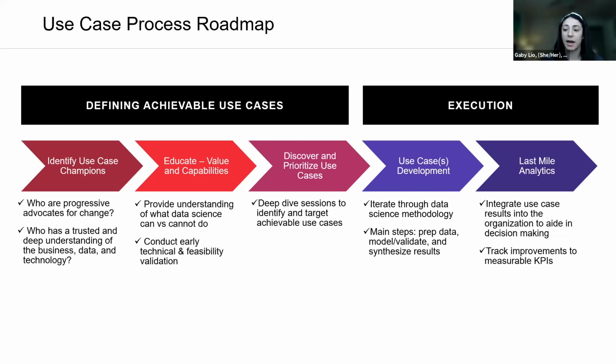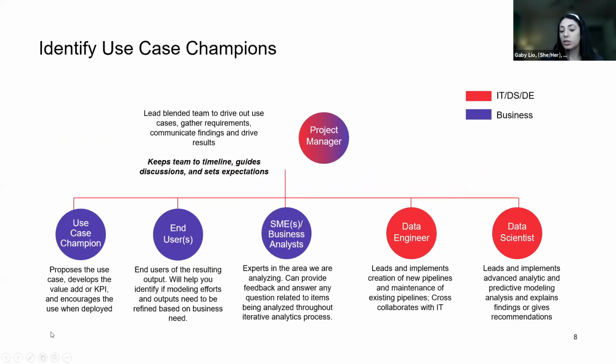So we're going to take a pretty deep dive into each of these steps, starting with the structure of the team. So aside from creating a blended team that involves not only technical resources, but those key players in the business, that most important piece of the team is going to be that use case champion. This is a person that's going to drive out the project from the business side. They understand the value that data can bring to solving business problems. And they're going to advocate for that project and be tied to its success. They'll also come to the table with some KPIs in mind, how we can measure the model's outputs and ensure that there's value. But really, above all else, what this person needs is to be trusted across the business,